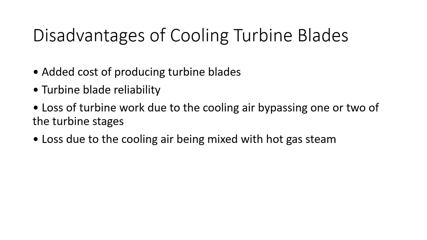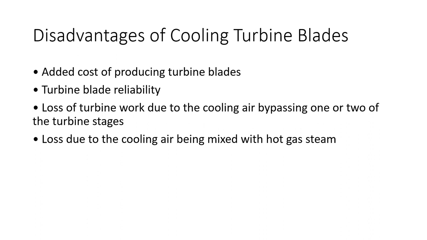So then there will be another failure method. Okay, so we are talking way ahead of us. There are many factors that come into the picture. Once you go into cooling methods, keeping all of these factors in mind, you'll have to design your turbine blade. There is loss of turbine work, because you're using some amount of coolant in it. The coolant is absorbing the temperature which you want to utilize to extract power.